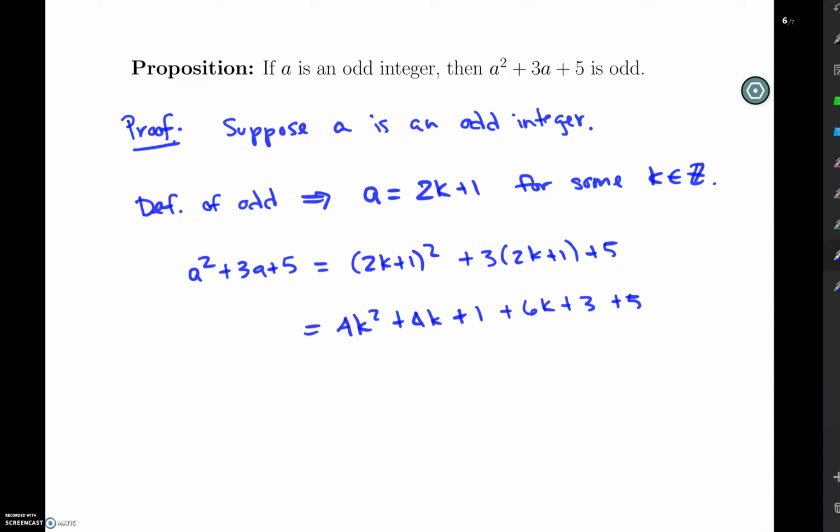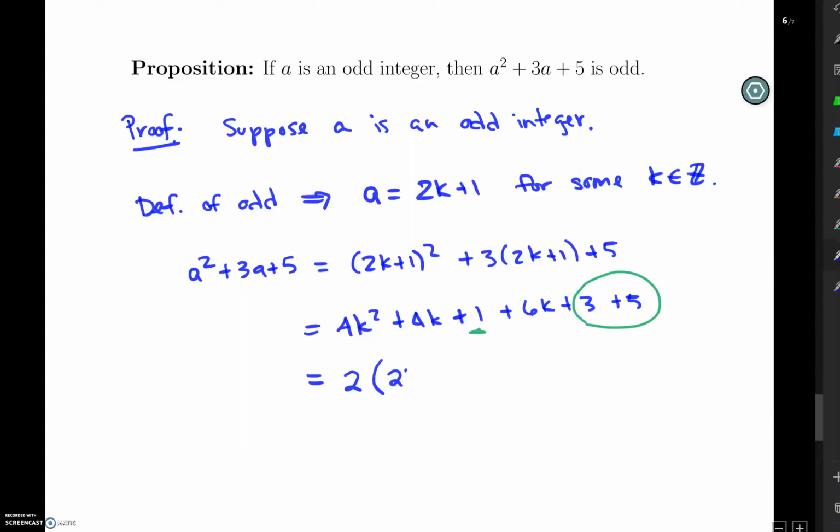Now, we're going to try to get it to the form of 2 times an integer plus 1. So, what I'm going to do here is I'm going to observe that 3 and 5 together will give me an even number, and this 1 will give me the 1 that I need. So, I can write this as